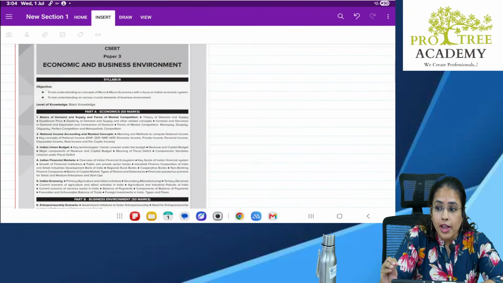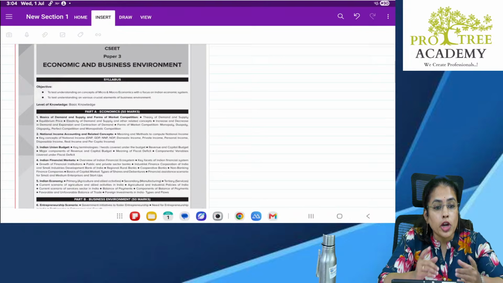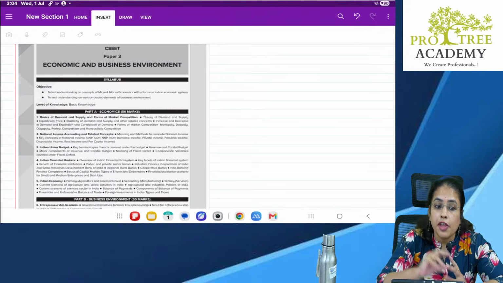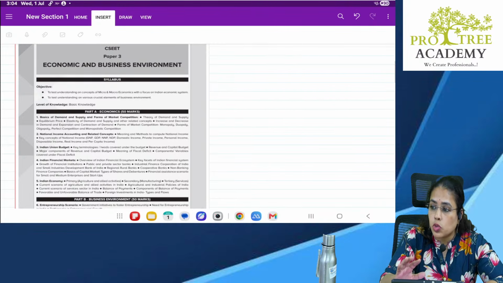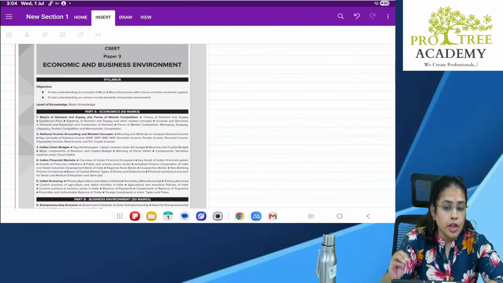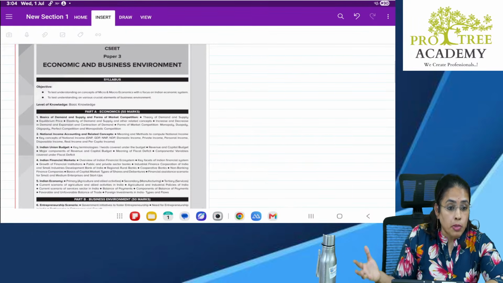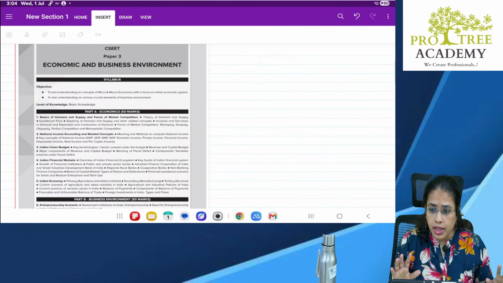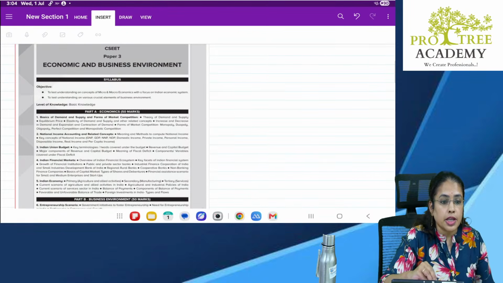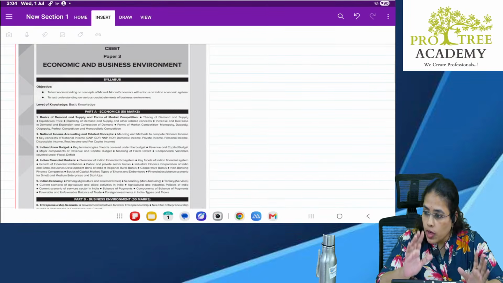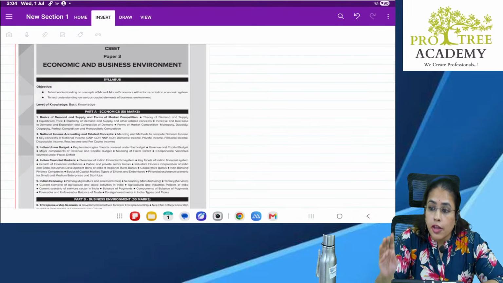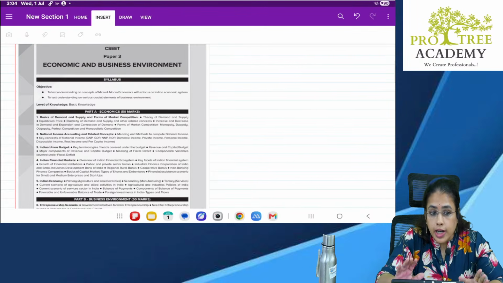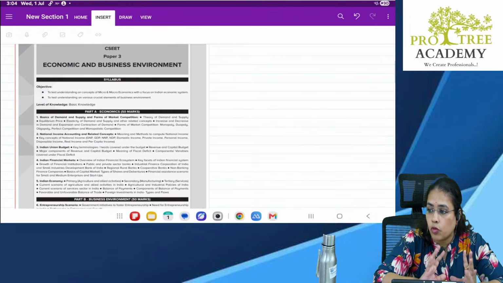For a single person, this is how the environment affects. The same way, if you start a business, your environment should be taken into account. If you know your environment better, how it is going, what the demand is there, whether you have market demand and raw material supply, all these things you have to see through. There are many things to be seen. As a company secretary, you should know that, whether you are in practice or in employment. For that sake, this business environment class is there for CS.